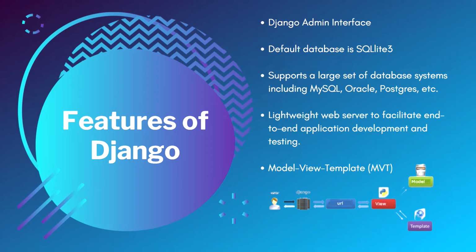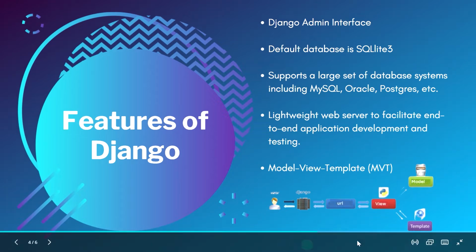So the model view template, MVT, this is very important. Django itself takes care of the controller part, the software code that runs the interactions between the model and the view, leaving us with the template only. So the template is a HTML file mixed with Django template language. Django template language, we'll soon learn that. The developer provides the model, the view, and the template, and then just maps it to a URL, and Django does the magic to serve it to the user. So this is the flow which Django follows.